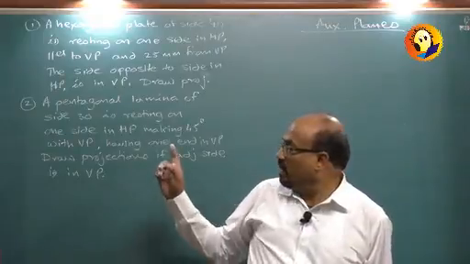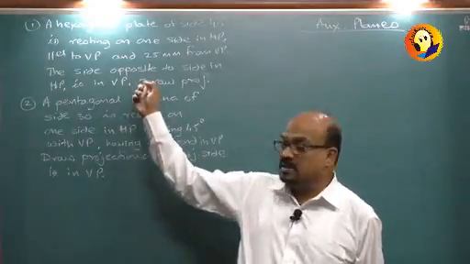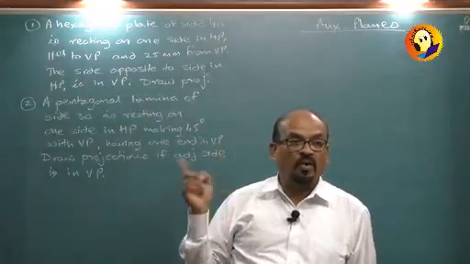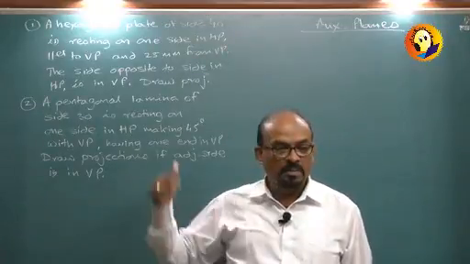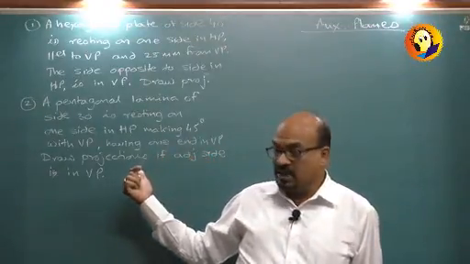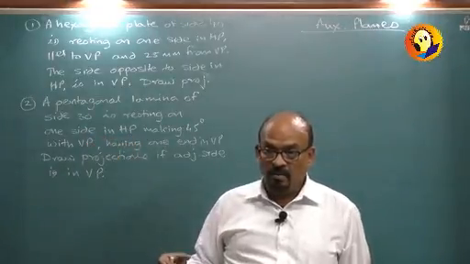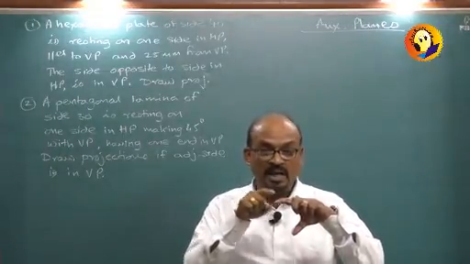Whereas these two problems are so peculiar that for the first time we are given, in this case, the distance of the side from VP, which was never given. We could take it anywhere, right? But here it is mentioned. Whereas in the second case, he is fixing that particular side in HP because it should make 45 degrees with VP and one end should be in VP,